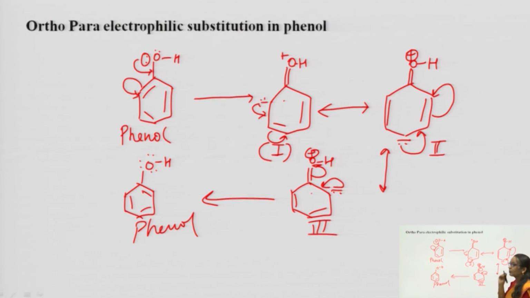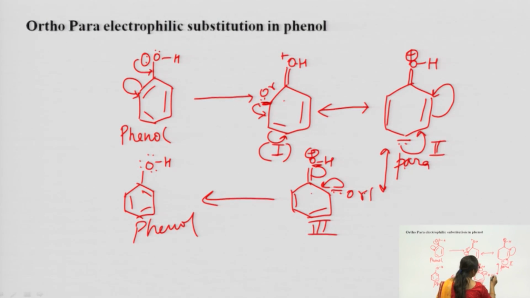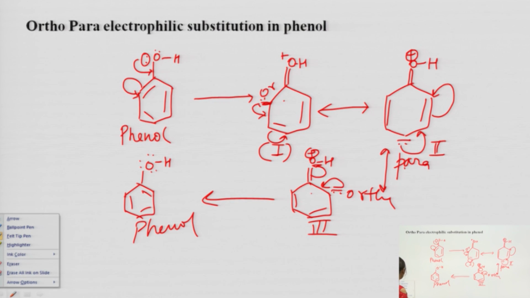But now what point should you keep in your mind? Here the electron rich position is ortho, here the electron rich position is para, here the electron rich position is ortho. That is the point you have to keep in mind: while resonating its structure, the positions of phenol which become rich in electrons are ortho and para only. That's why we see that all the electrophiles, the electron loving agents, bind to these positions only. That is the point which I want to make clear.